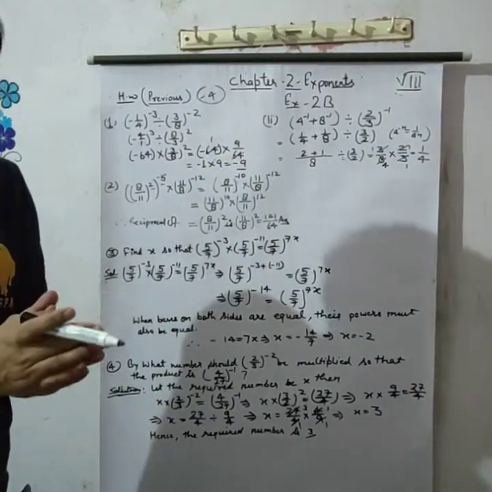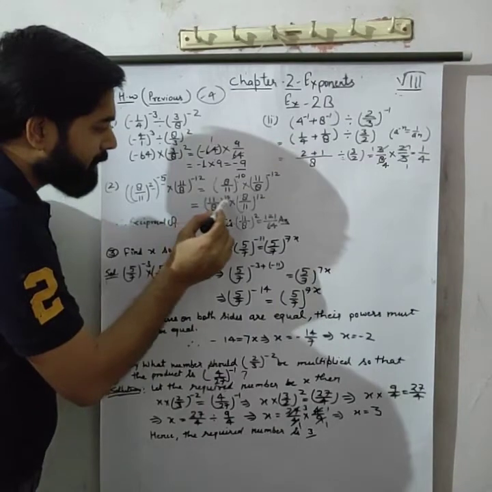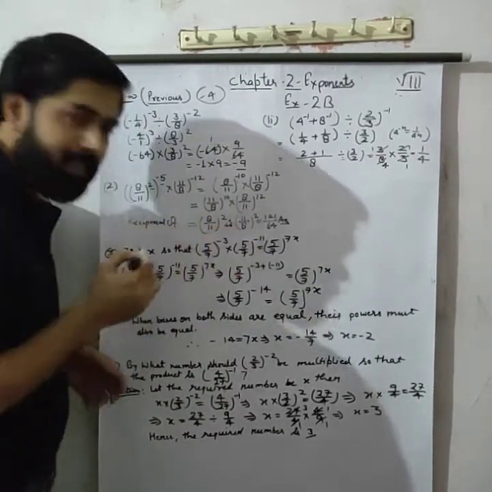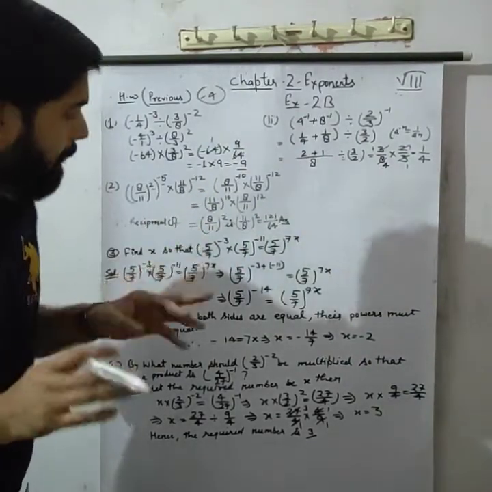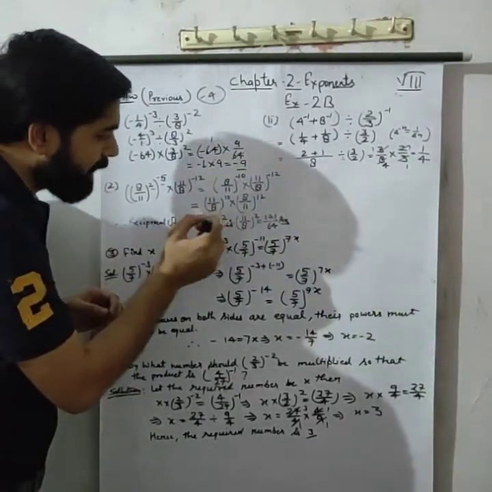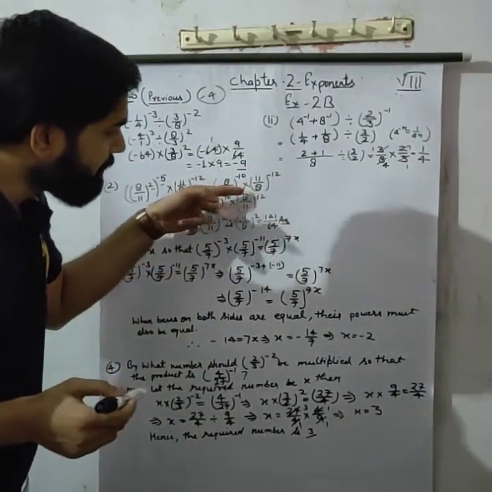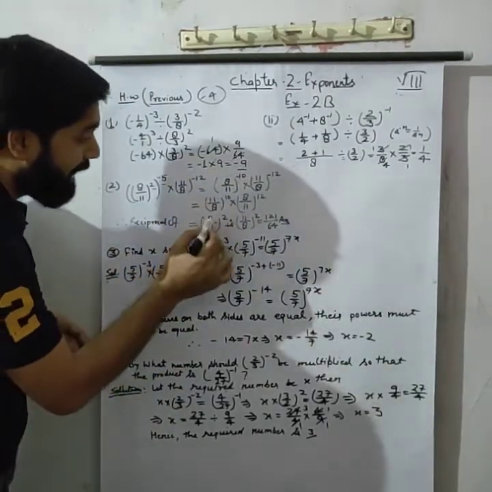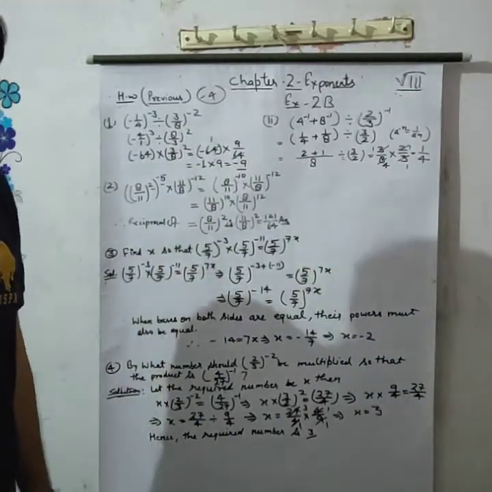After the cancellation, look here, how many 11s are there? 10. So all ten 11s cancel from here and from there. Now 8 is the same as 8. The 8s cancel, 10 from here and 10 from there. So what is left here? Two 8s left and two 11s left. Means we can write it as (8 upon 11) raised to the power 2. Understood?